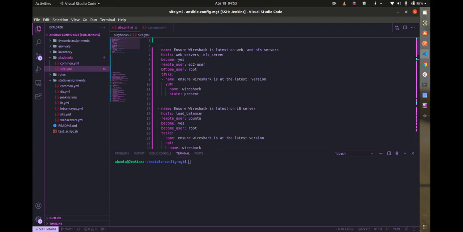component of a play consists, as the case may be, of a name. This is a name for a play, and hosts. So you remember when we talked about our inventory, where I specified NFS server and web server? This is where you use those variables to tell Ansible which servers you want this particular play to work on. So for me, I want Ansible to